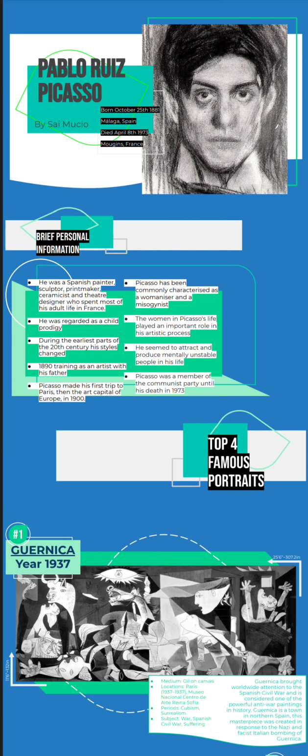Moving on to some pretty brief personal information, Picasso was one of the most influential artists in the art world. As a child, he was trained by his father, showcasing a natural talent for painting. When he had moved to Paris in 1900, living in poverty at the time helped influence certain periods of his